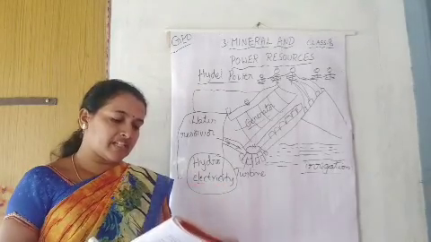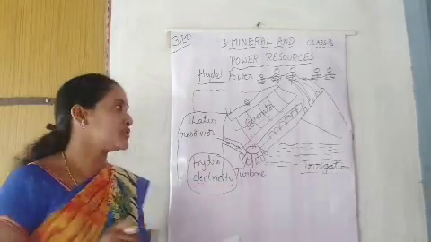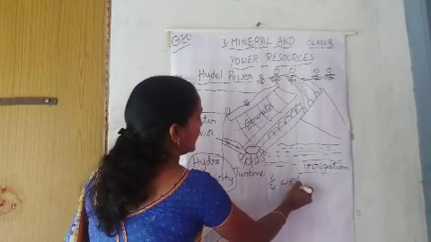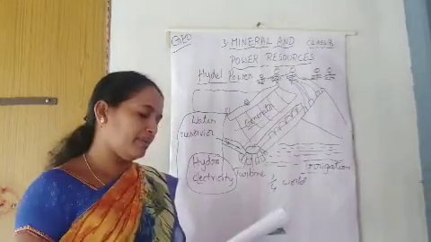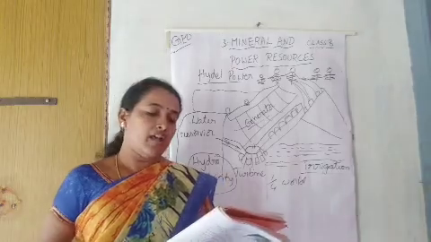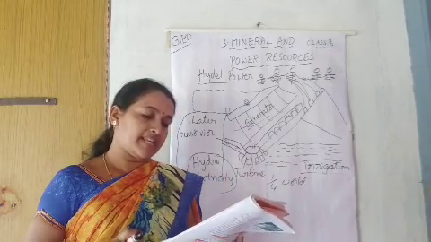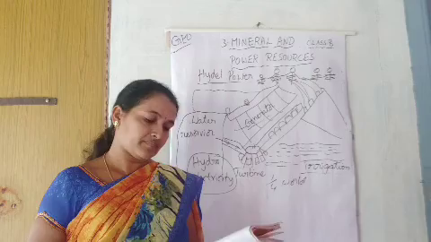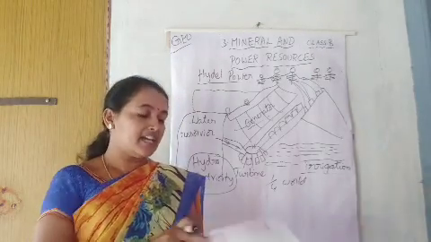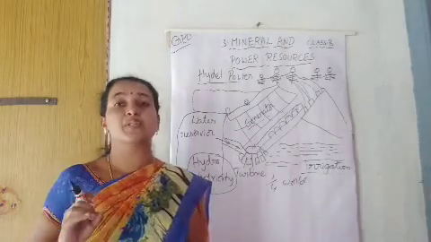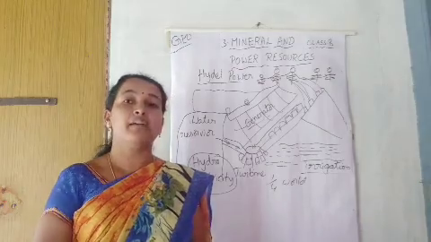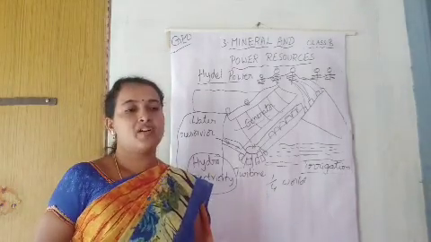One fourth of the world's electricity is produced by hydel power. The leading producers of hydel power in the world are Paraguay, Norway, Brazil and China. Okay, these are the leading producer countries.